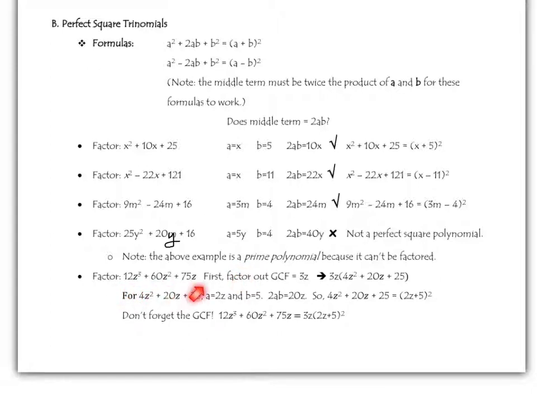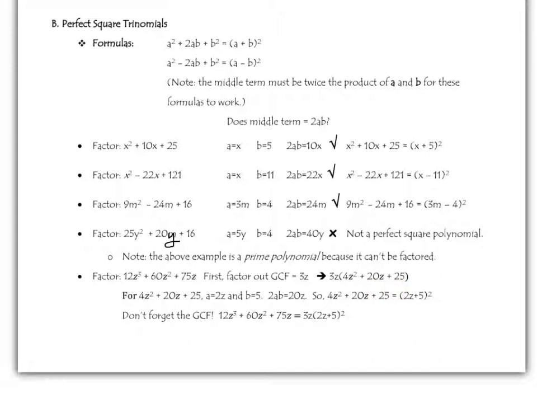Prime means it cannot be factored any further. Okay, in the next case, we have 12z to the third, 60z squared, and 75z. So we can factor out the common factor 3z. 12z cubed divided by 3z is 4z squared. 60z squared divided by 3z is 20z. 75z divided by 3z is 25. So now we have this, and we need to see if this is a perfect square trinomial. So is 4 a perfect square? Yes. 25 is a perfect square. So we have 2z is our A,